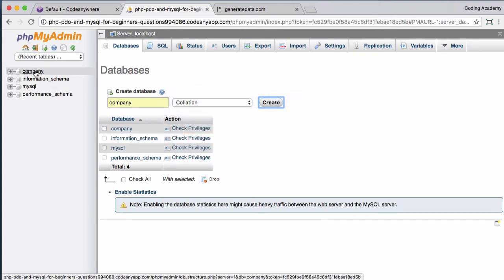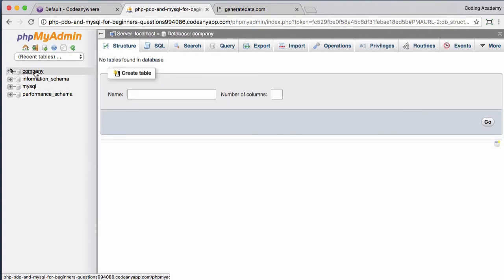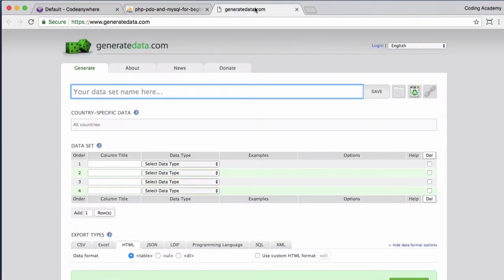Now let's imagine in my company I have some users. So what I want to do is I want to create a user table. So if I click on Company, what I could actually do here is I could actually create a user table, specify the number of columns, click on Go, and then start to populate it with some user data. Now I don't want to do that. What I want to do is I want to go for that quick win, as I said. So I want you to go to a website called